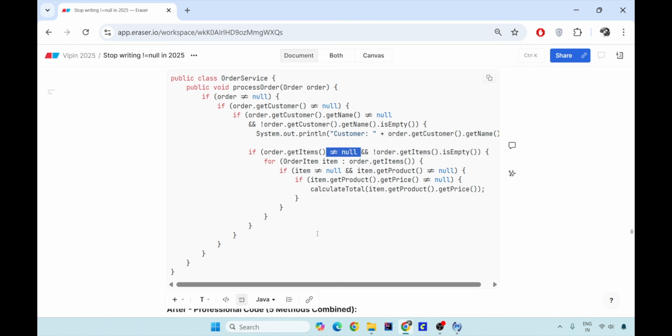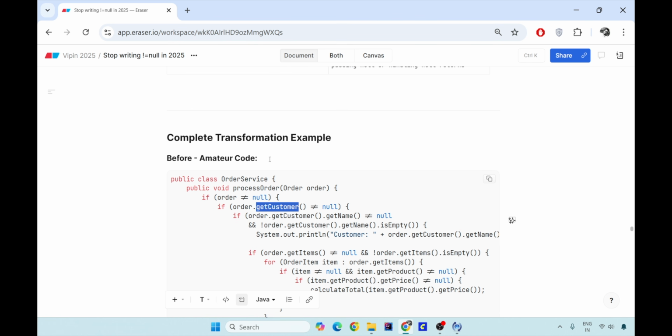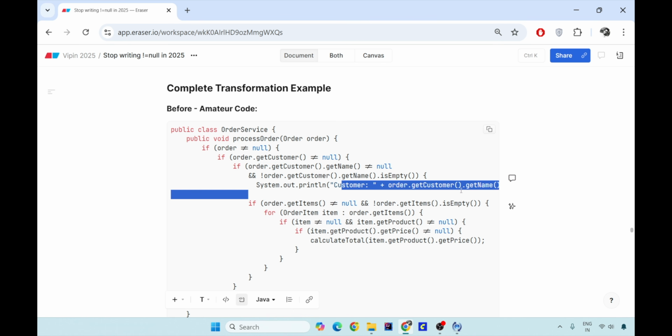I'll tell you what this amateur code does. It takes the order and checks that the order should not be null. Then it should check that this order should not be an orphaned order, that is, no customer has placed this order, no one knows from where this order came to the system. So first you have to check whether this order is placed by a genuine customer. Then you check whether the name is already present and you print, okay, hi customer, this is your order that I have with me. Then in that order you check whether items are not null.